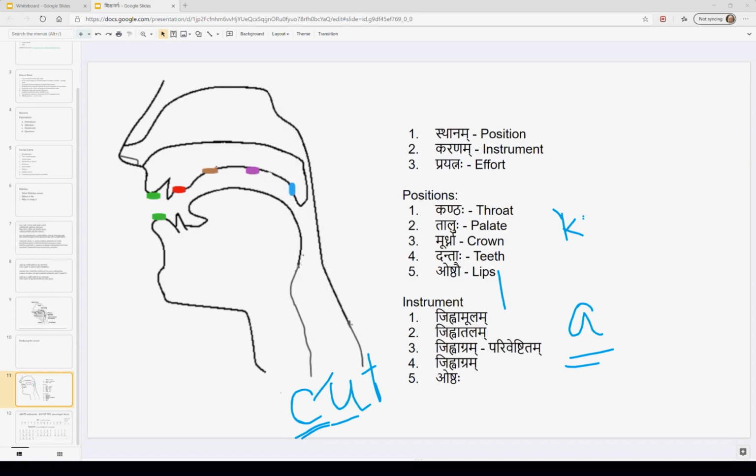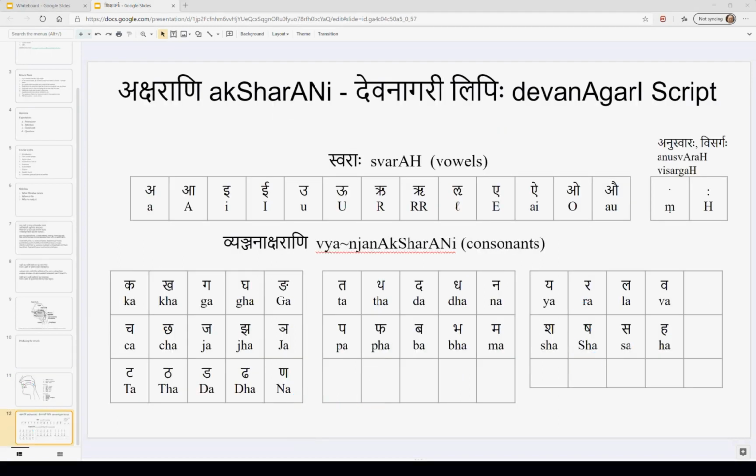So this one, what is shown on the chart here, the 12 charts, is shown here. The ka sound actually has a sound at the end, so that's why in the transcription there is an a there, which says ka. So what is the actual consonant sound here? The consonant sound is just ka without that a part,